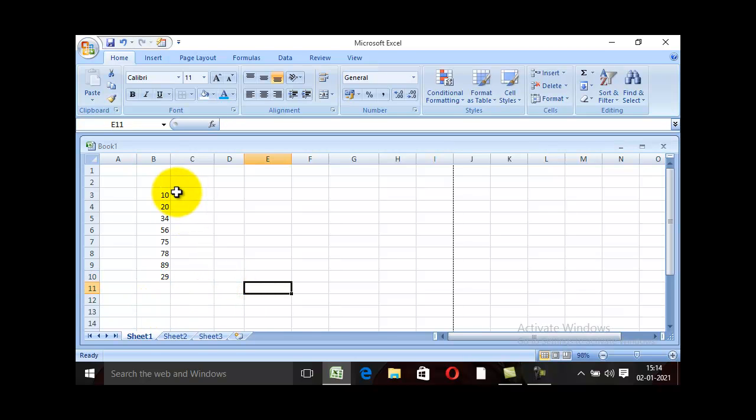But what we are doing here is, if you want to add all these things, what you have to do, you have to select this. See, select the cells, and after selecting, what you have to do,